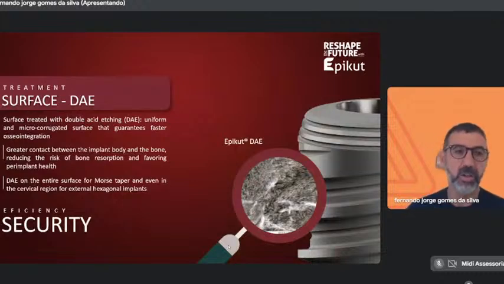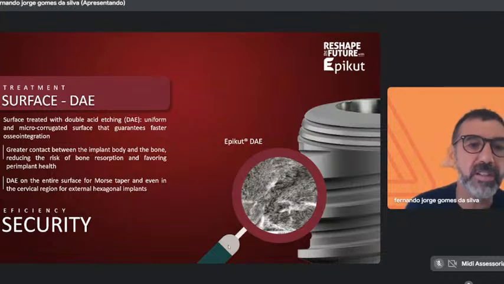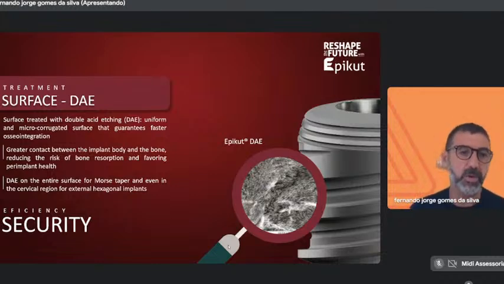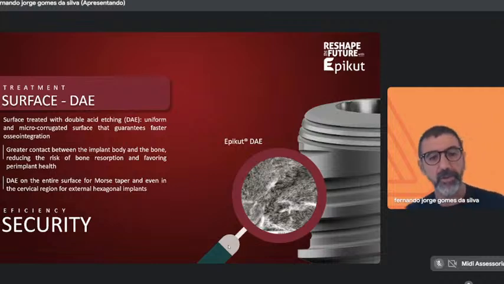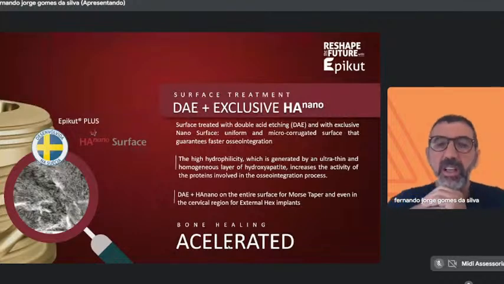It has also two surfaces. The first one is double acid etching. It's a uniform and micro-corrugated surface that guarantees faster osseointegration. It also has greater contact between the implant body and the bone, reducing the risk of bone resorption and favoring peri-implant health. The other surface is